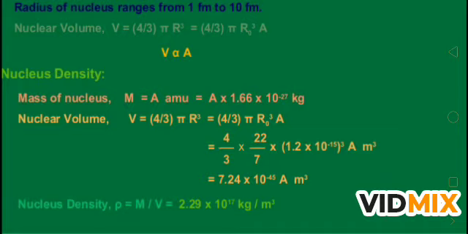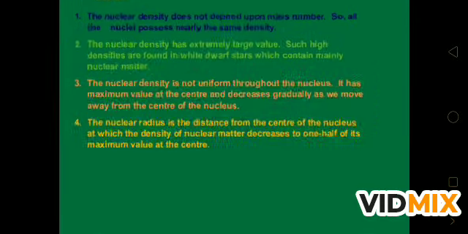This all you will get on the page number 441. I am giving you the hint, I am telling you the page number just to read from there. You will get an idea what is the size of nucleus and what are the values used to find the radius of the nucleus. So this is the atomic size or radius of nucleus.